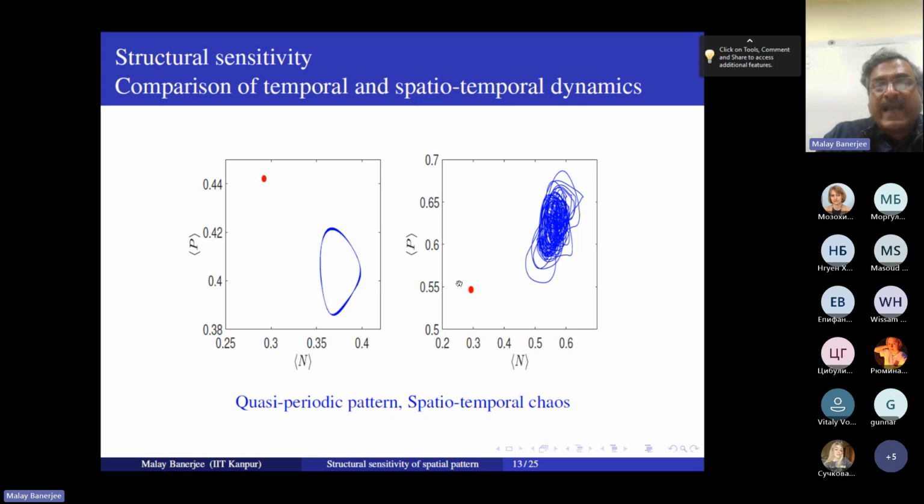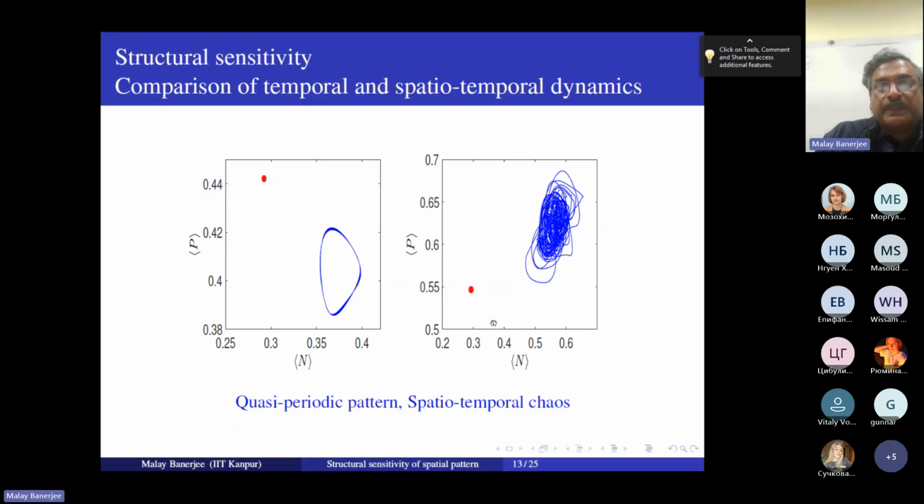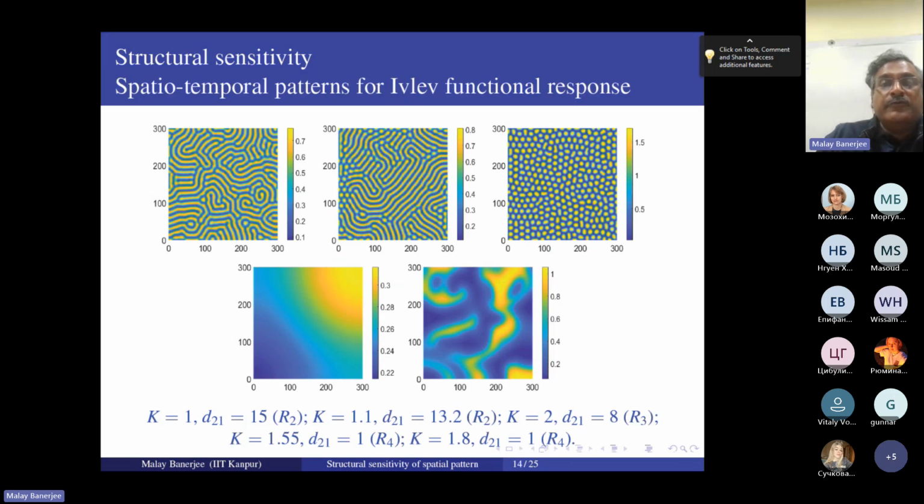So this is an understanding of two different types of patterns. As it is a quasi-periodic structure, we can observe the temporal evolution of the spatial average. So this is not chaotic, but on the other hand, here we can clearly see a chaotic attractor, and that is why we call this a spiral pattern only, and this one an interacting spiral chaos. Now, if we move to the Ivlev functional response, the two-parametric bifurcation diagram will be